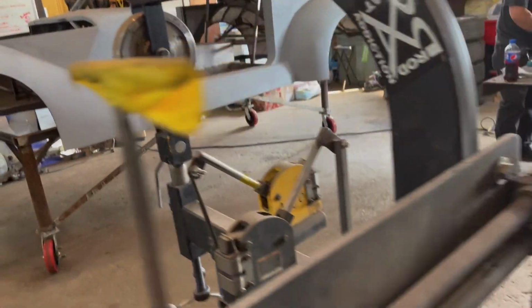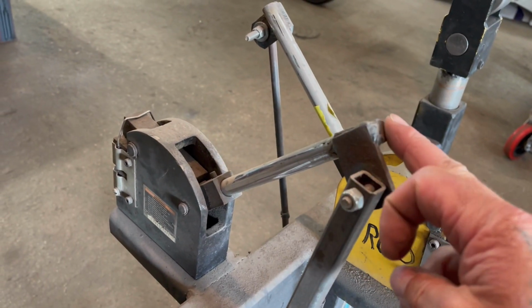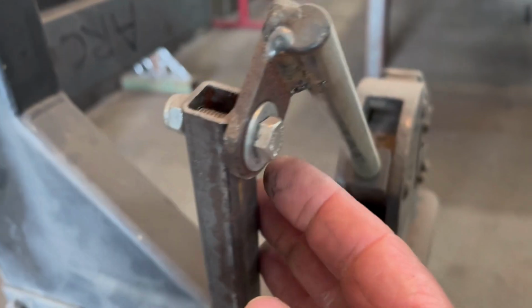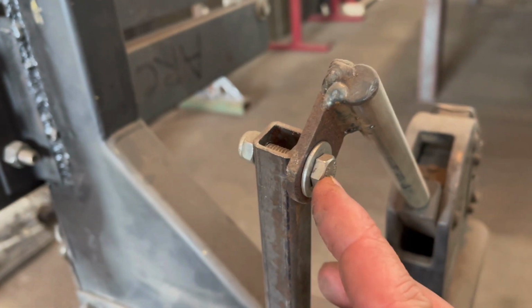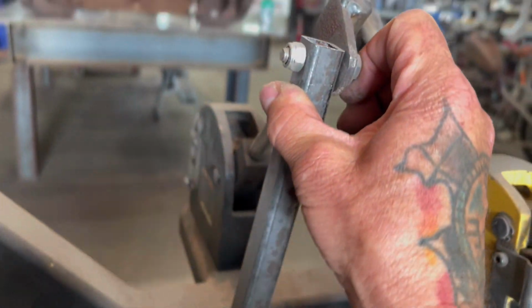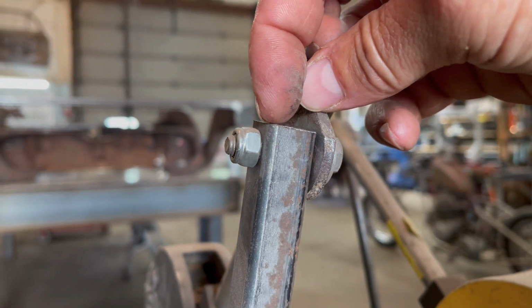And then they come with an arm that comes up right here, and I just whacked it off with a grinder and took a piece of scrap stock with a hole in it, ran a bolt through there, and put a lock nut on it. And you want to do that because it doesn't tighten up against the square tubing, and you can make this